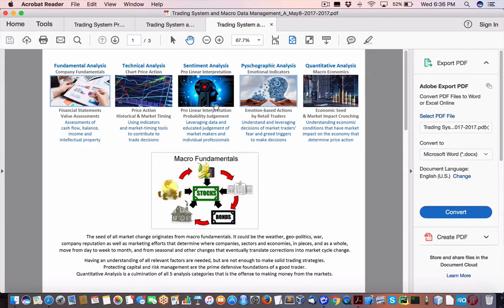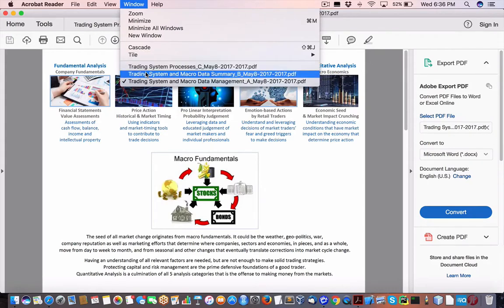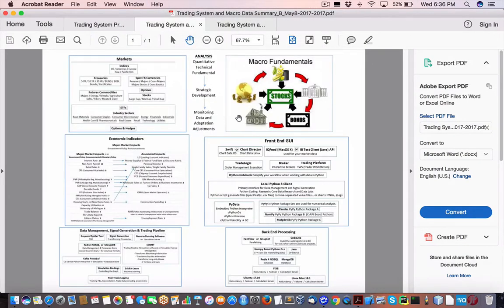Sentiment analysis is a little hard to predict, but it is obviously news event driven. Psychographic here, I'm not sure if it's human based, but if it's a systematic process, I would definitely put machine learning here. And then of course quantitative, which is obviously driven by the math. So these are different ways that the markets can be analyzed and pricing can be driven. And then coming to another set of topics here